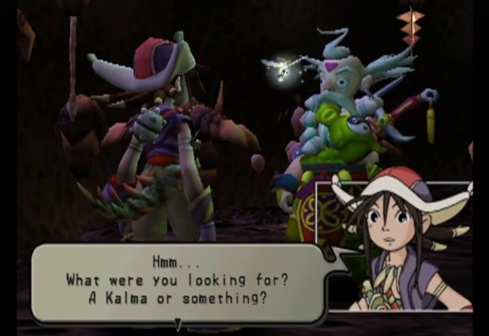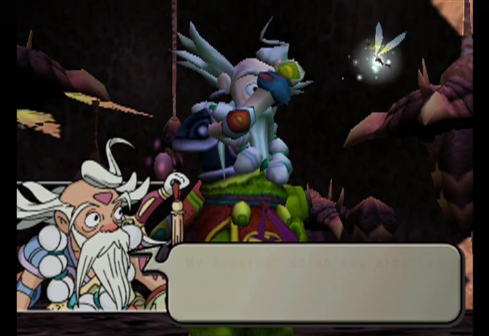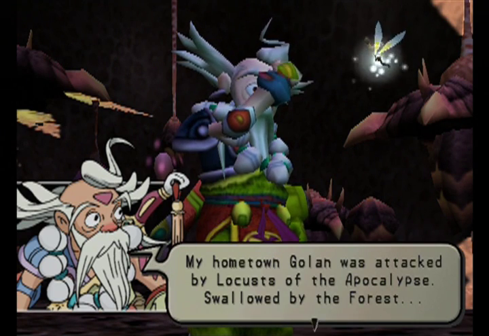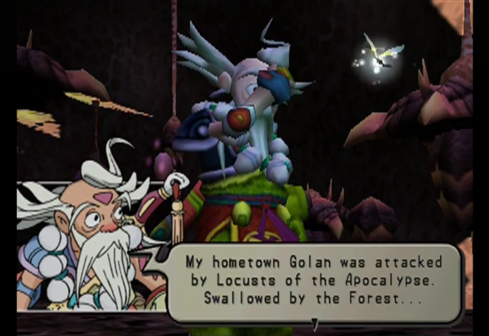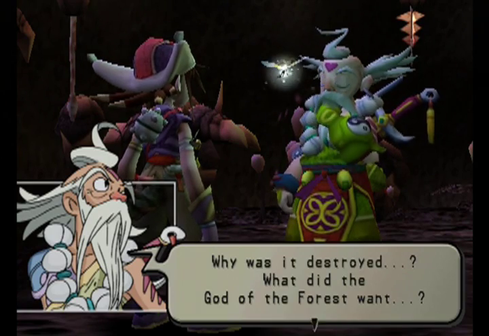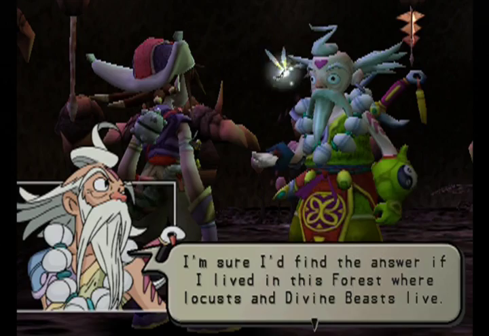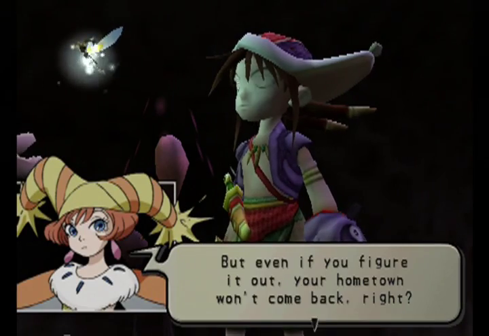A Kalma or something? Oh, I was looking for the future while probing the past. It was cool. My hometown golem. Go on. Was attacked by locusts of the apocalypse, swallowed by the forest. Not the... Why best was it backstory, I guess. Destroyed? What did the god of the forest want? I'm sure I'd find the answer if I lived in this forest where locusts and divine beasts... Did you ever find the answer, though? But even if you figure it out, your hometown